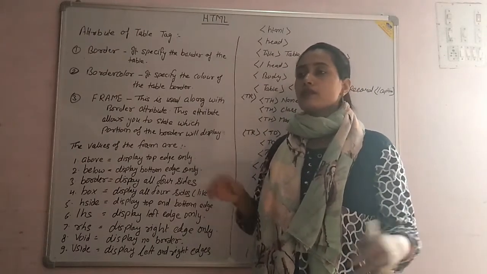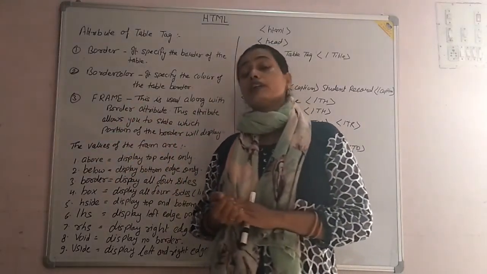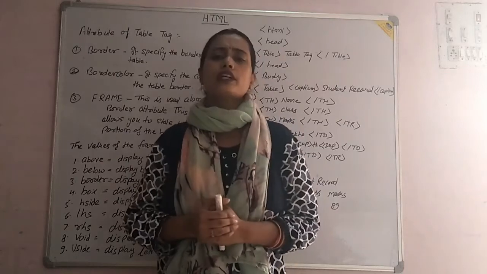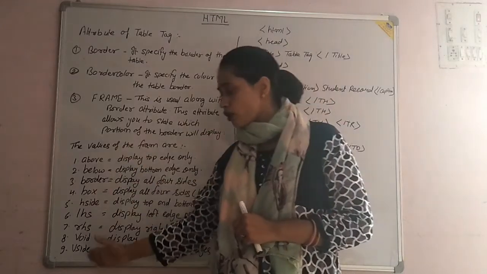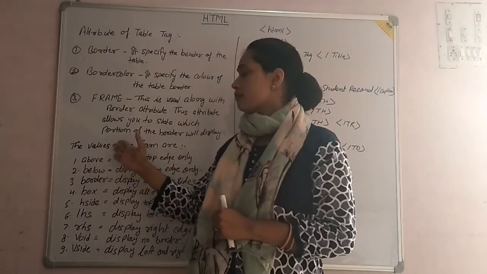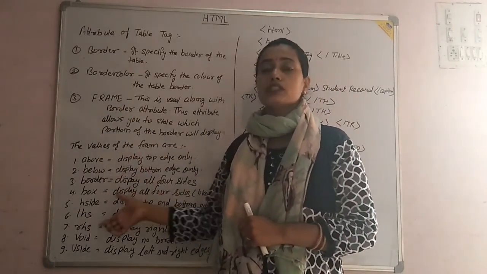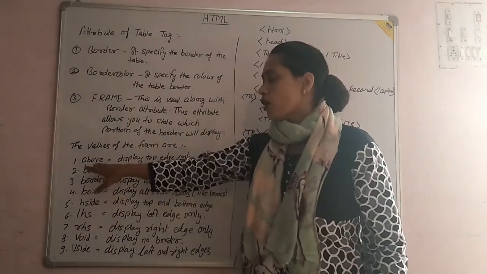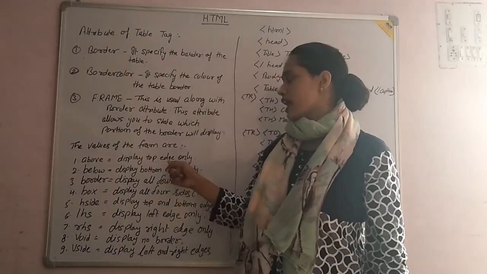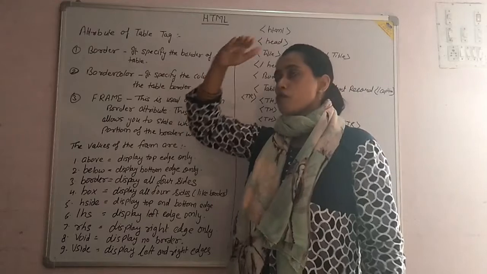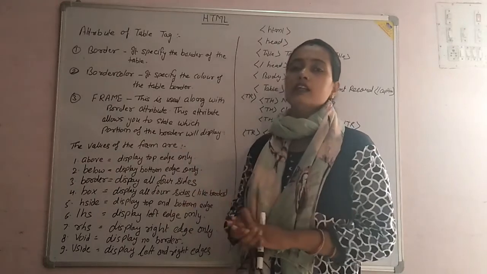Okay, like sometimes we find some border is present when we assign the border attribute to our table tag, but we don't want the same pattern every time, we just want to format it, so we will use the frame attribute. We have lots of values of the frame. We can pass these values in the frame attribute, and we can get the result according to the value. Let's understand them. Above: we always find the edge at the top of the table. The top edge is visible, and the others disappear.